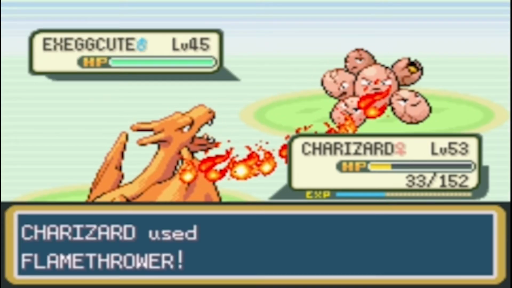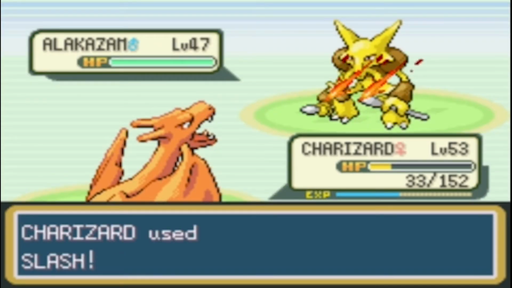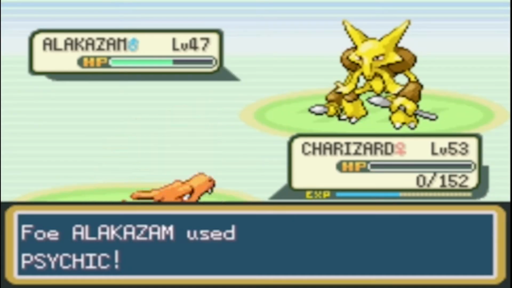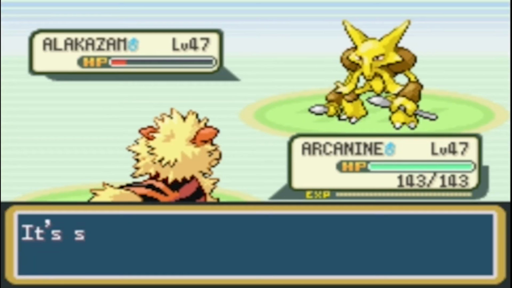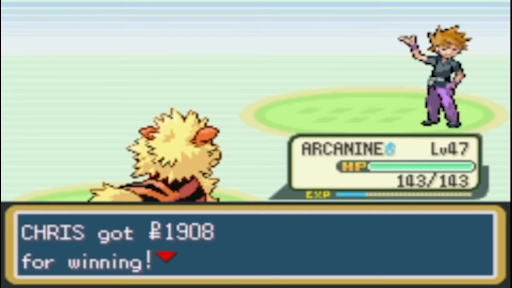Exeggutor comes in, and bye Exeggutor! Finally, Alakazam, who sets up a Future Sight, then finishes Charizard with Psychic. We send in Arcanine, and with a couple of bites and a failed Future Sight, we once again beat our rival. And now it is time once again to figure out the mess that is the levels I enter the